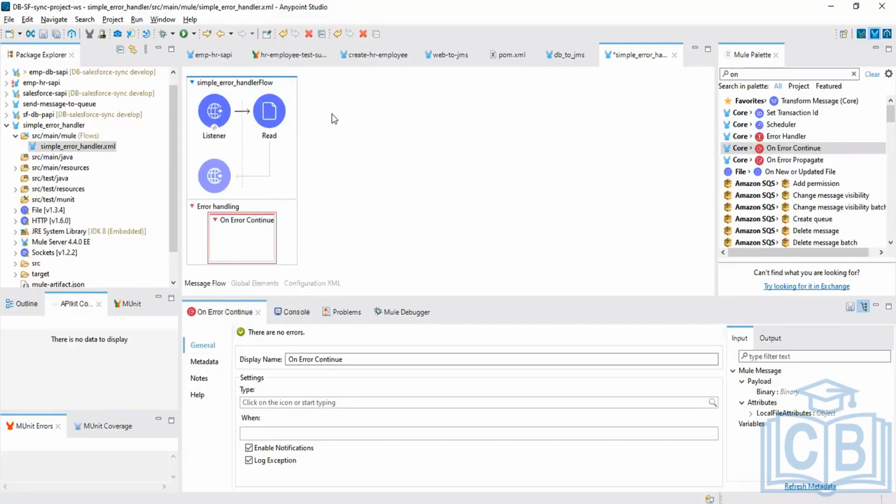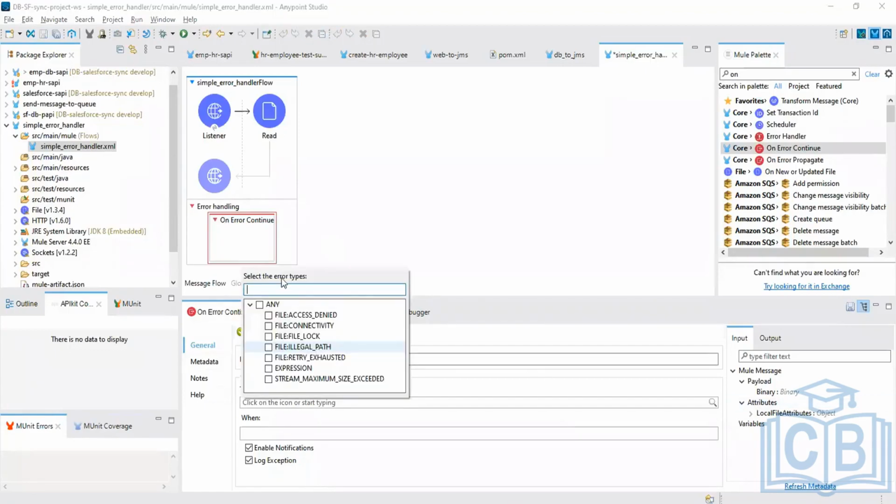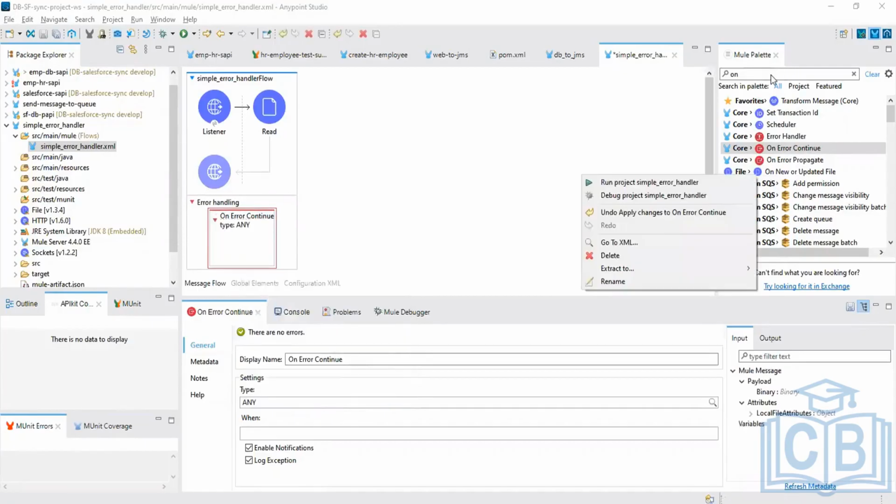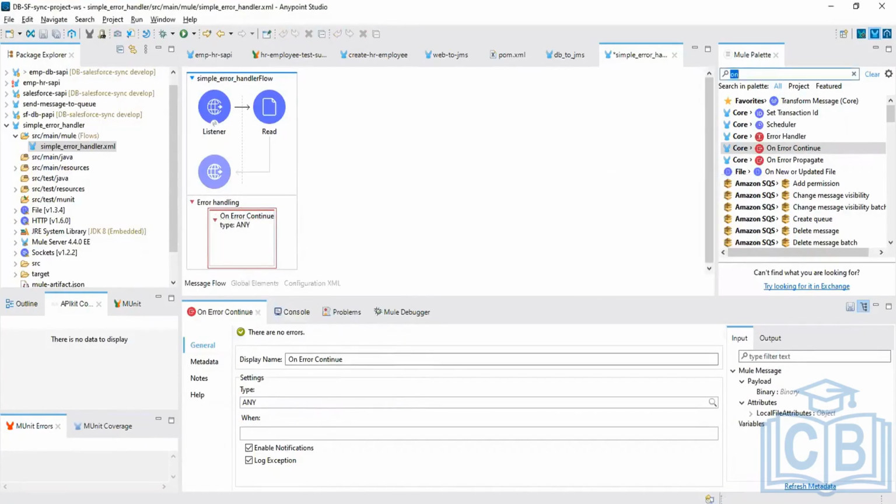You want to handle database error, file error, JMS error, whatever you want to handle, right? That type I need to view over here. If I click on the magnifying glass, it shows file illegal path. Because I am doing only file operations, I am able to see the file related errors. If I add a database operation and select it,